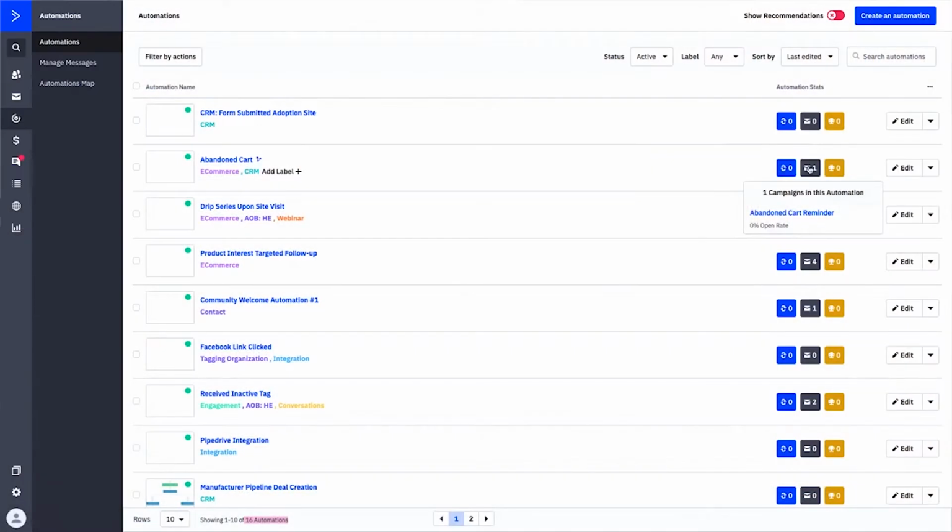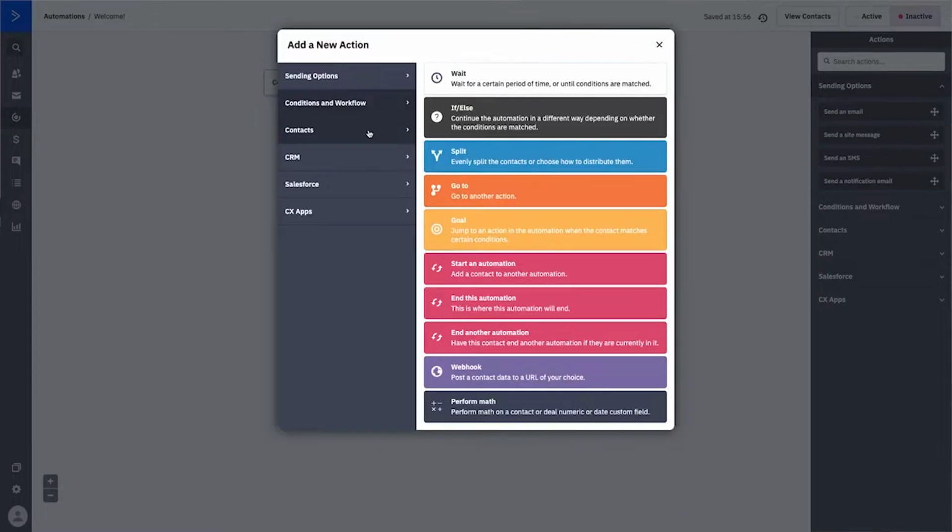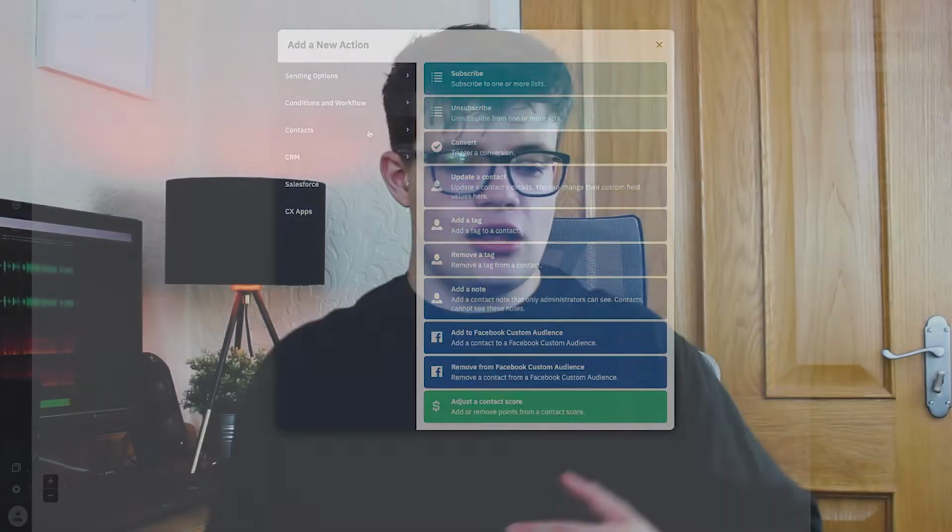There are so many different combinations for your automation. If you think it in your head, the likelihood of you doing it is very high, because ActiveCampaign, I can happily say, masters all of automation workflow, all the combinations that you'll probably think of, and probably all the combinations that you would want to do on other platforms, but you can't.